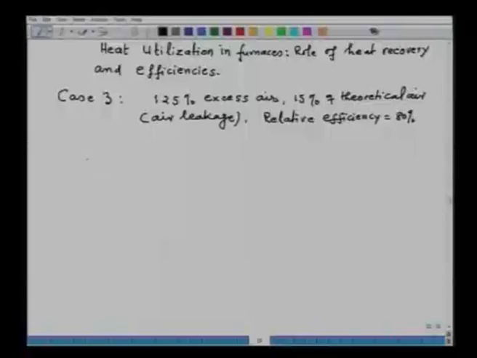But this point is to be remembered, because heat exchange occurs between the flue gas and air, so accordingly the residence time is important. In spite of that, for comparison purposes we are keeping the relative efficiency the same. Now, we have to calculate afresh the amount of air and the amount of POC. So, if we calculate the total air required,